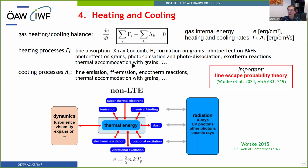Okay, heating and cooling. I think in the interest of time, I will skip a little bit here. Basically, you need to think about all these processes have an imprint on your internal energy, and you have to quantify that. So all the processes will